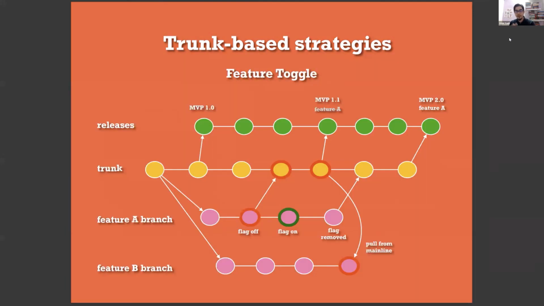So the feature toggle has a lot of benefits. Imagine that you have incomplete work, but the timeline for you to provide the next MVP, the next release, is due. We can just wrap the code in the directive and turn it off and just commit the code, and the code will be safe to release to the customer.